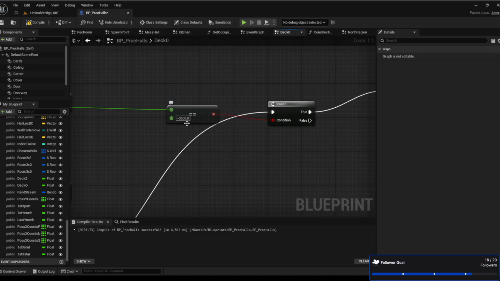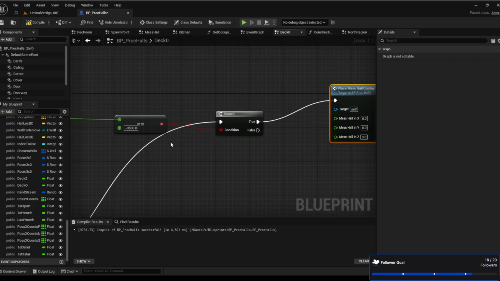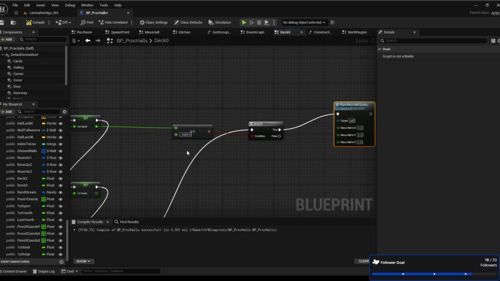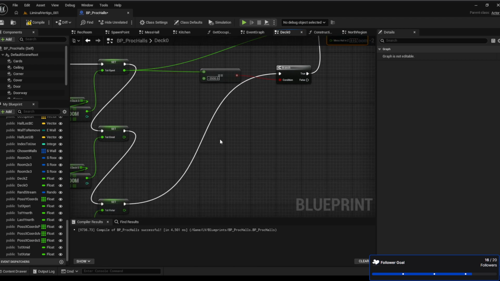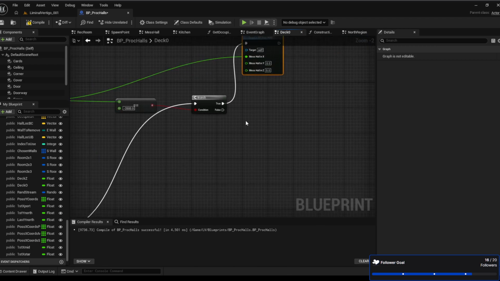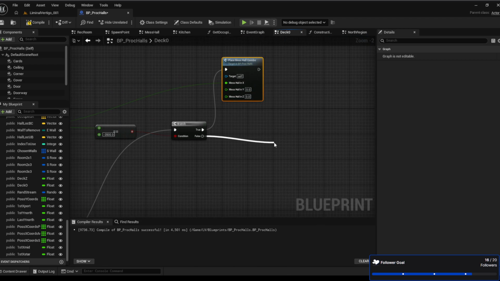So 3500 is X. So that goes in there. You can go up here. Then false, we